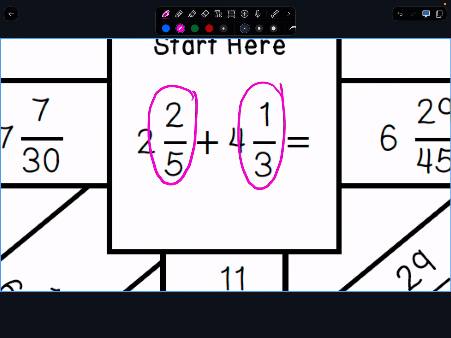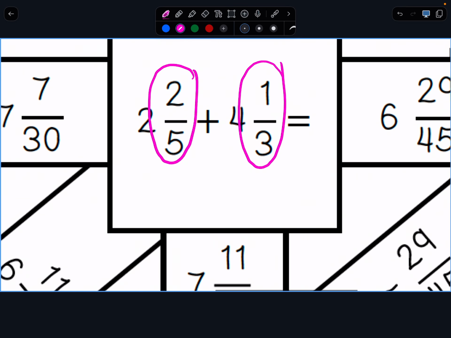I'm going to look at the fraction part first. So step 1, I take my 2/5 and I'm going to add it to 1/3. Okay. So what I do is I need to find a common denominator. 5 doesn't go into 3, 3 doesn't go into 5. So then I start looking. I can automatically take my denominators and multiply them together. And sometimes I'll be good and,